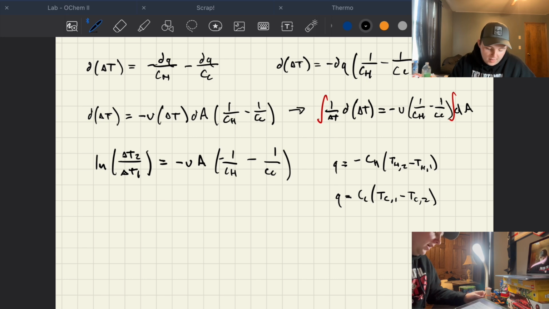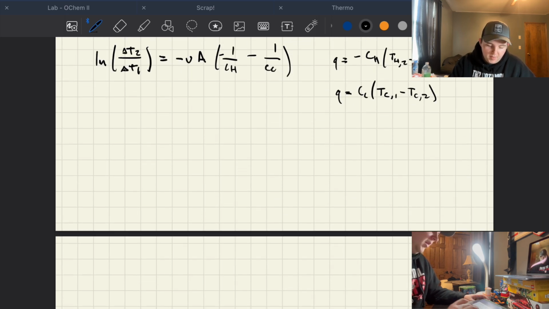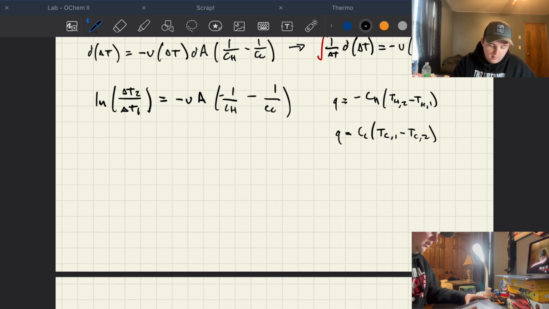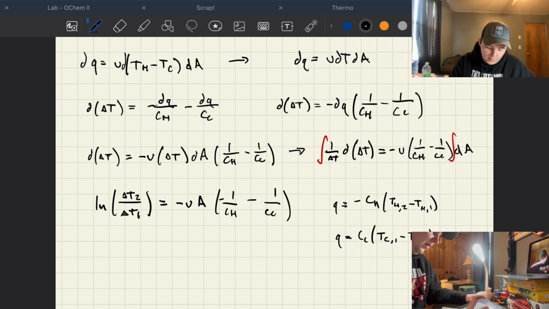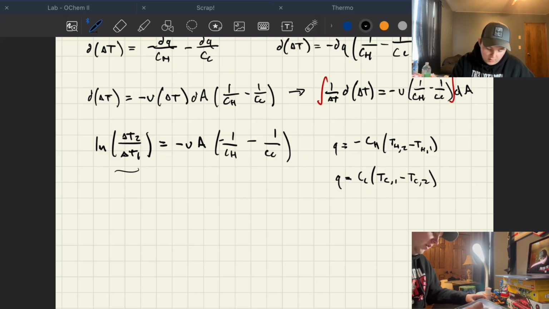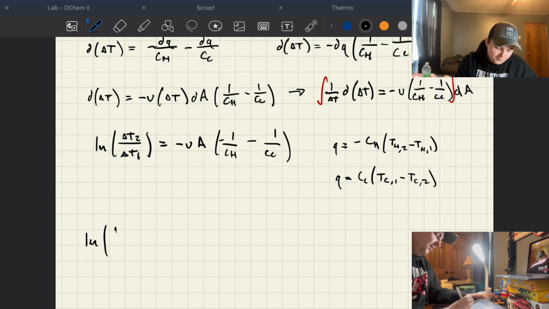And when we rewrite those into what we already solved up here, we get the natural log of delta T2 over delta T1 equals